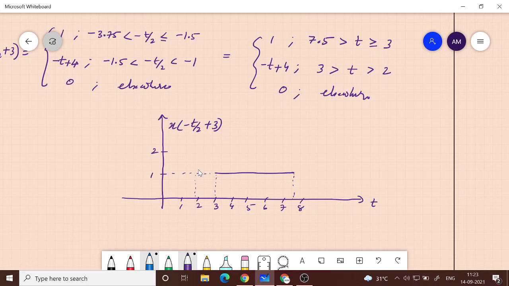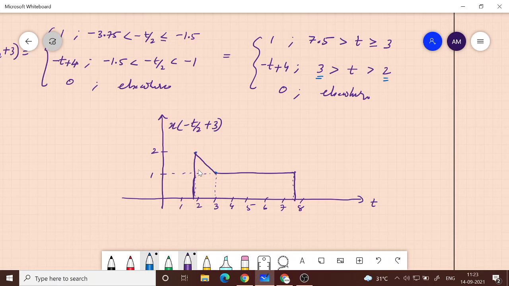So you have two ranges, right? On the left is 3 and here it is 2. So if you put 2, what will happen? Minus 2 plus 4 is 2. So at 2 it has to be 2. And then if you put 3 here, it is minus 3 plus 4, which is 1. So it is basically the equation of this line. If you have 2 points, you can just join these 2 points, and therefore our answer is this.